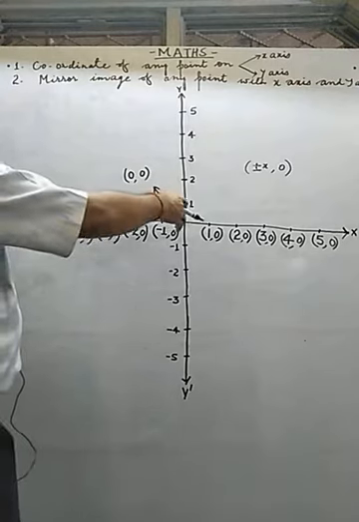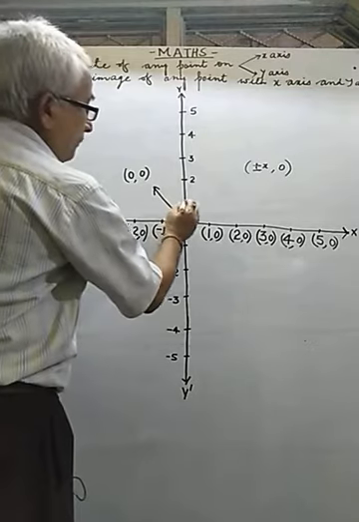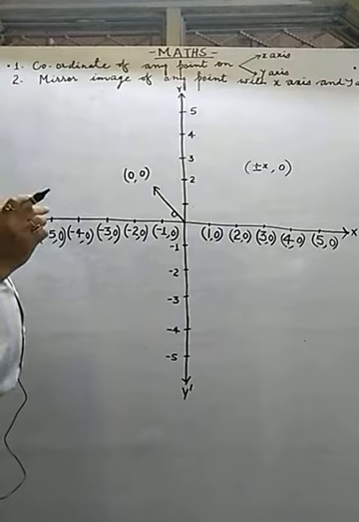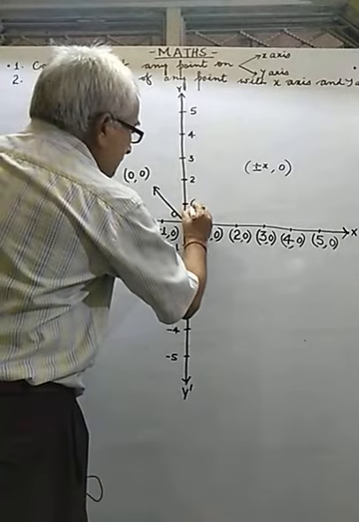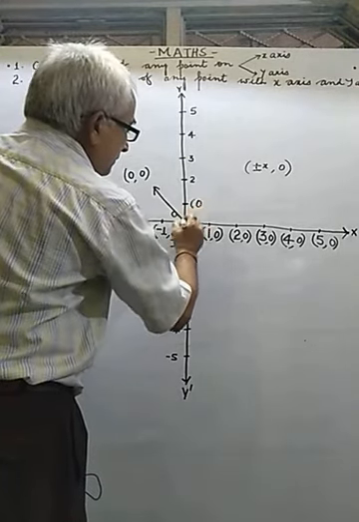Similarly, above the x-axis, what is the coordinate of this point on the y-axis? To see the value, firstly we write down the abscissa. At this point the value of abscissa is 0 here. See, the value of x is 0 and y is 1.